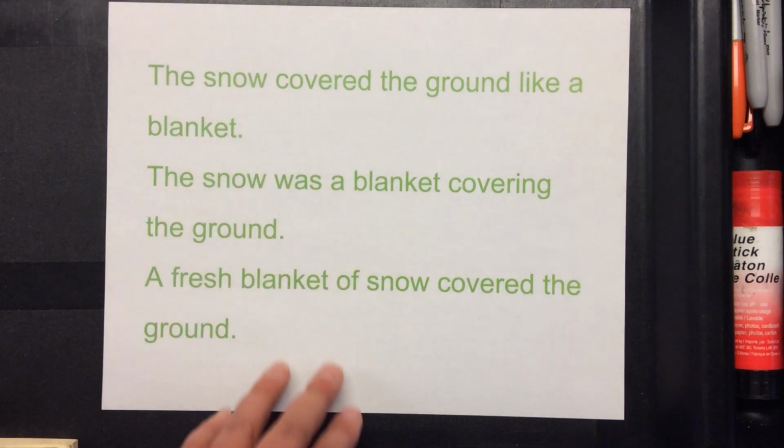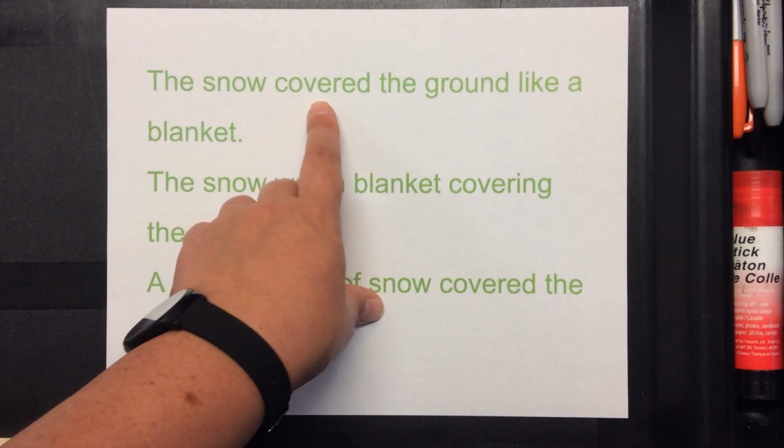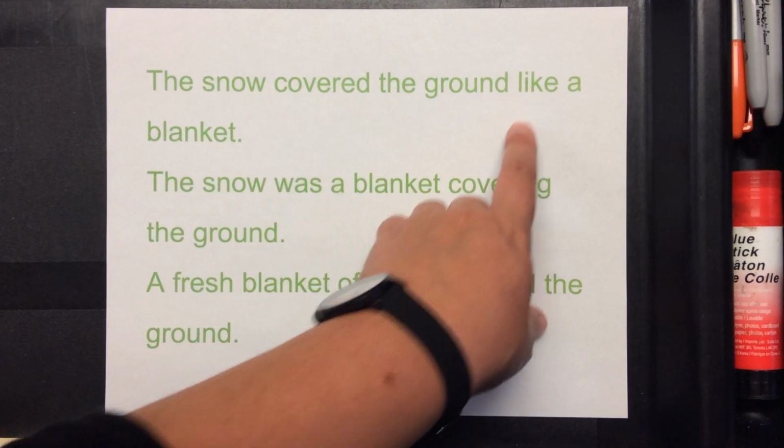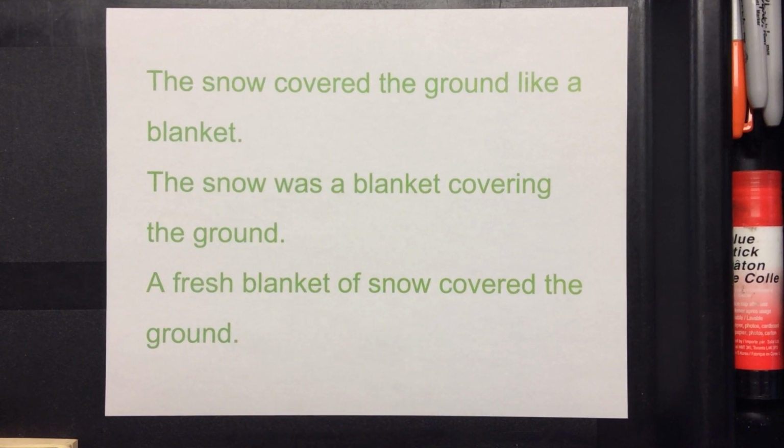So these are three different ways that we can phrase comparative sentences, and we've got an indirect comparison using like, so a simile, and two examples of metaphors. Metaphors are ways that we can expand our understanding or give better pictures of what things are like to our readers or audience when we're communicating orally.